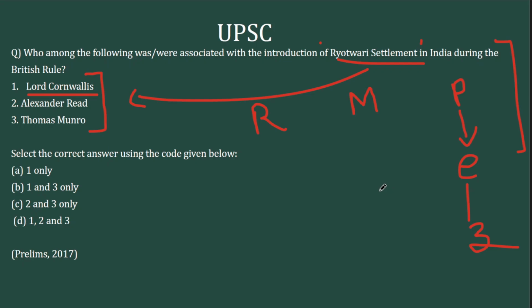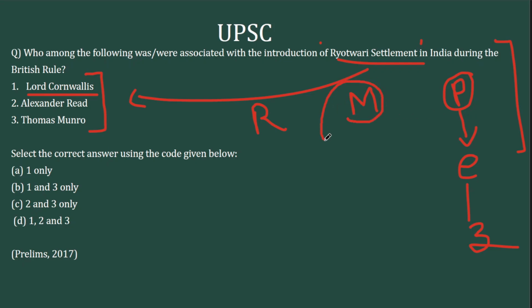And the pressure was on the peasants. So this is permanent settlement. I've explained the reason for its failure as well, because the initial fixation of the revenue was too high. Here, there is no dealing of the British with the ryot. It is only the zamindar and the British company.